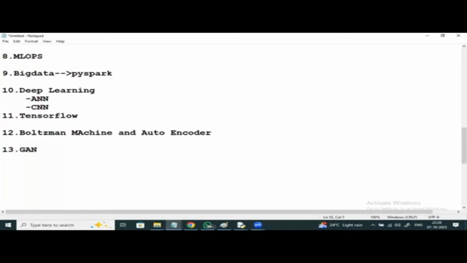GAN, Generative Adversarial Network. In deep learning, GAN is a powerful model architecture that uses competing neural networks, a generator and a discriminator. The generator creates fake data samples, while the discriminator's role is to differentiate the fake samples. And then later I'll be discussing RNN,